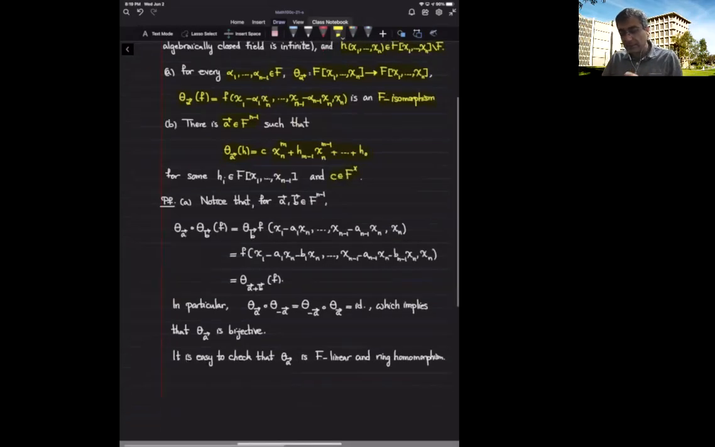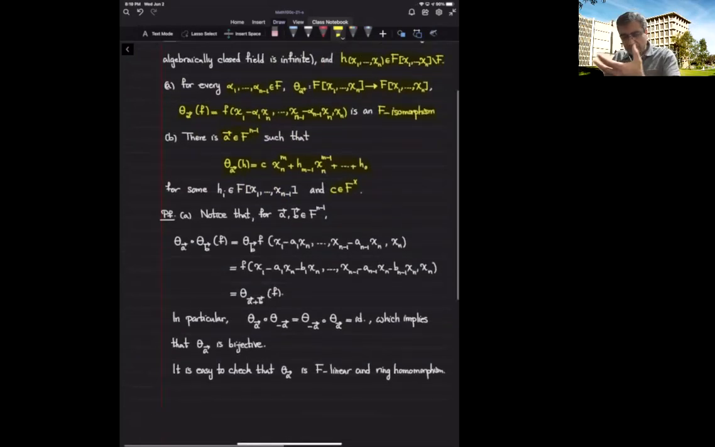Okay, so let's see how the proof goes. The main observation is what I've already mentioned, that essentially I'm applying these linear actions to x sub i's and then composing them with the evaluation map. So in particular,